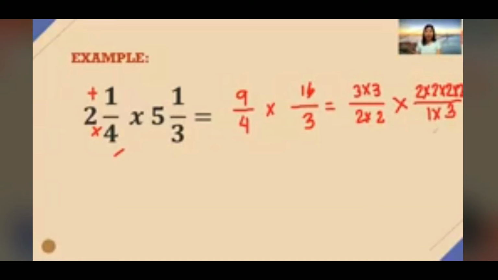Alright. So, are there common prime numbers between the numerators and the denominators? Yes. So, merong 3? Yes, meron. Isa. Meron pang 3? Wala na. Merong 2? Yes, cancel. Another 2? Cancel. Meron pang 2? Wala na. And then other 2? Wala na ulit. So, we will multiply the numbers left. So, we have 3, 2, 2. So, 3 times 2 is 6 times 2,